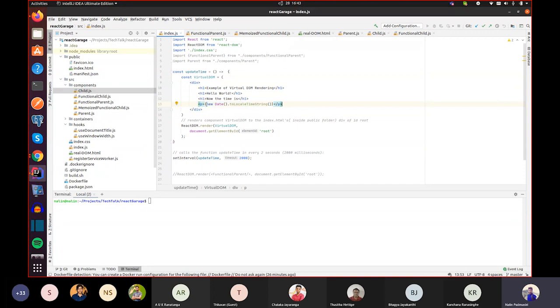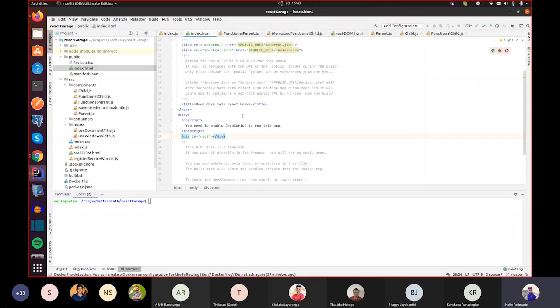Every 2 seconds, this function will be called using the setInterval method, and this render function, which we got from the React DOM package, will deploy our component to the index.html file.